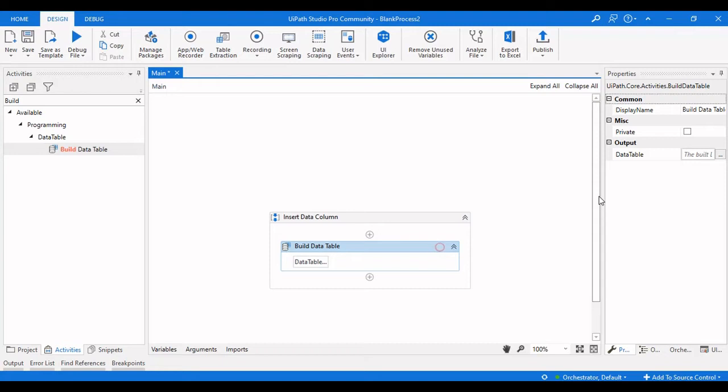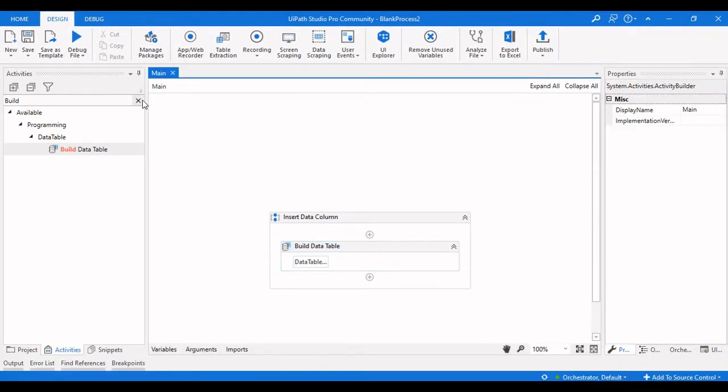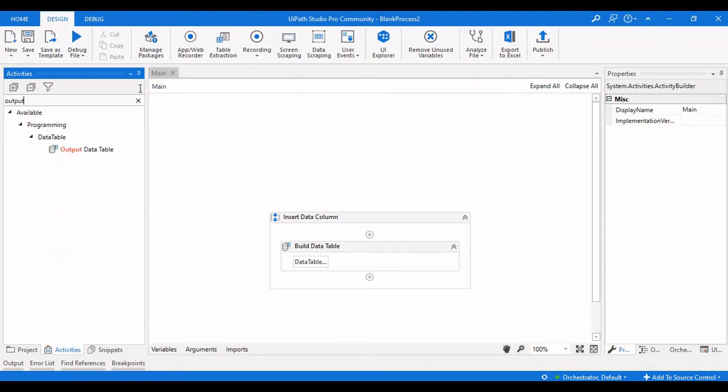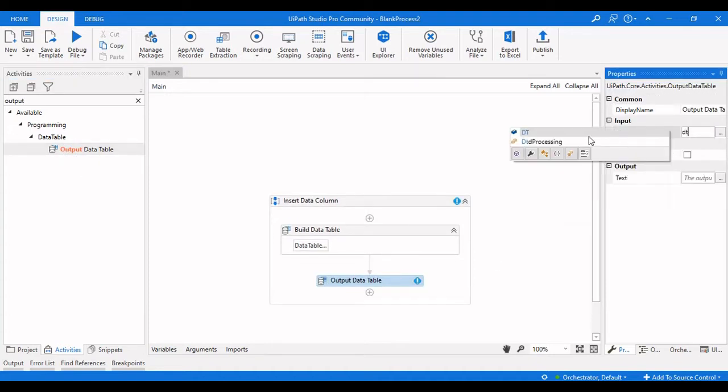Let me click on OK here and give an output variable for this one, the data table variable, which will be dt. Let's call this dt, data table, and let me also take an output data table activity to show you the initial data table and the final data table. Here I need to provide dt, and let me call it initial dt.